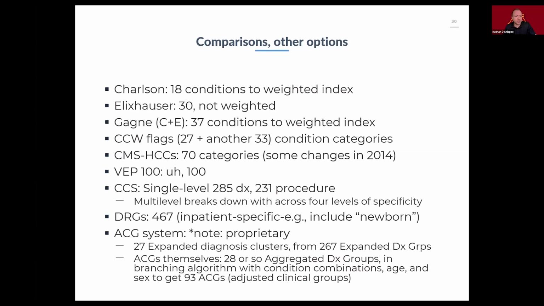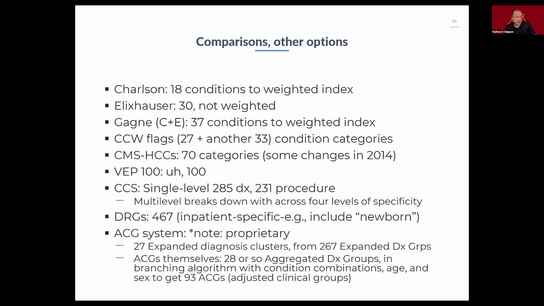So the presence of one condition, no matter how serious that condition, is just another integer to add, another integer increase compared to any other condition, no matter how serious that other condition might be. So it doesn't weight based on the seriousness of conditions or anything like that, which is true of any time we take a count of conditions, right? We're not weighting any of them particularly heavily.